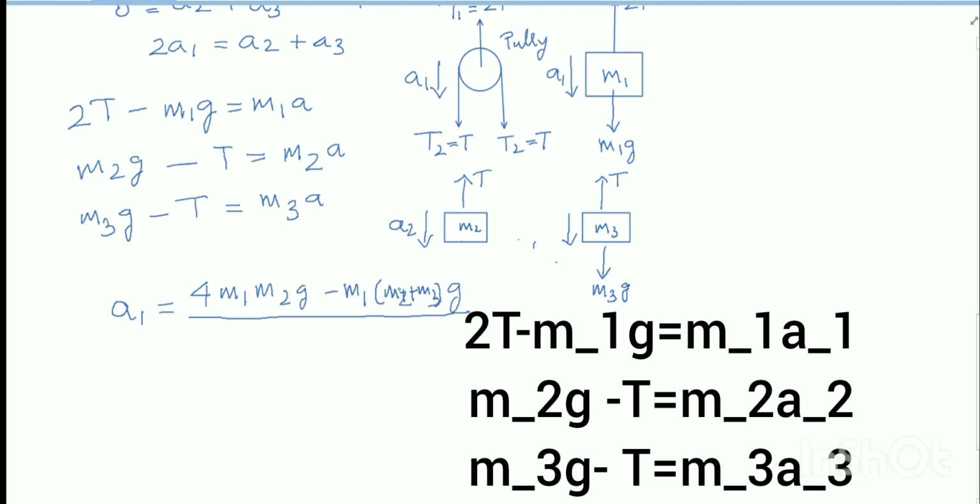I hope it is clear for everyone, and please check my total solution. I also correct my writing: it is not A1, not A. For the equations, 2T minus M1g is equal to M1A1, M2g minus 2T is equal to M2A2, and M3g minus T is equal to